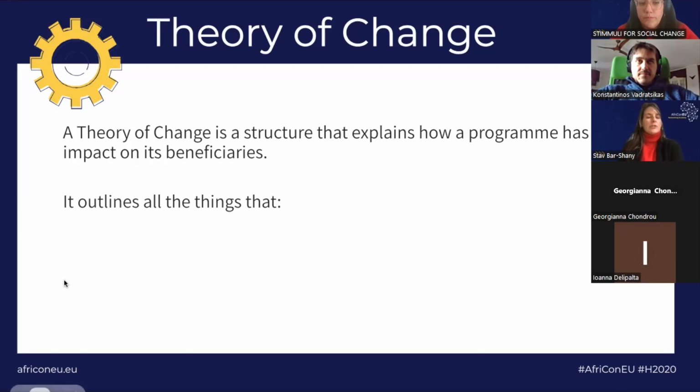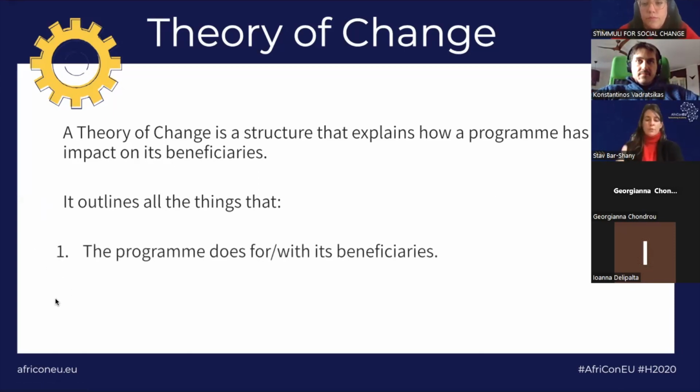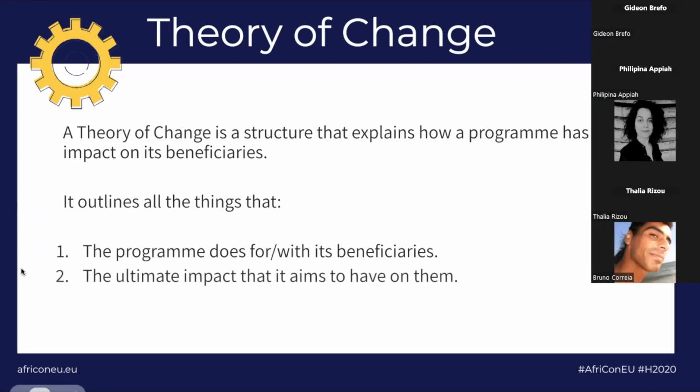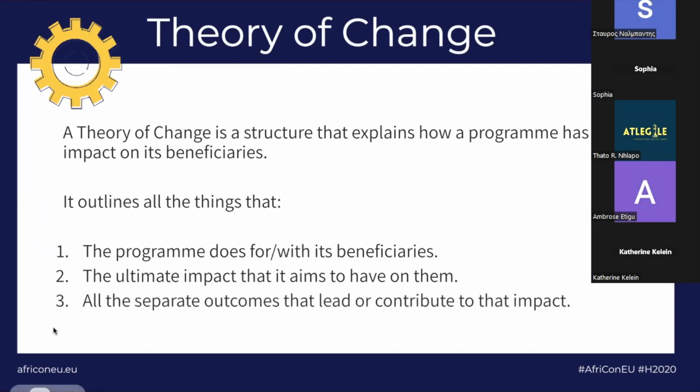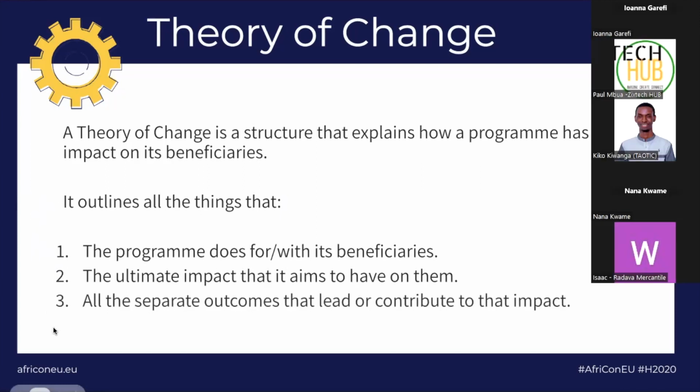Thank you. So a good theory of change outlines all the things that the program or the intervention or the product does with or for its beneficiaries. It outlines the impact that it aims to have on them, and all the separate outcomes that lead or contribute to that impact. Maybe it sounds a bit up in the air, but we're going to take it